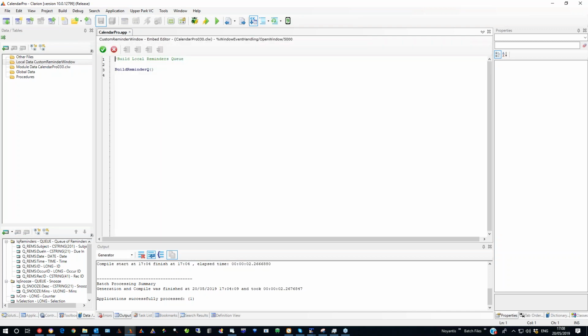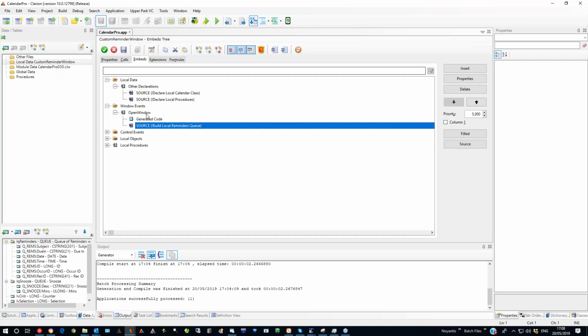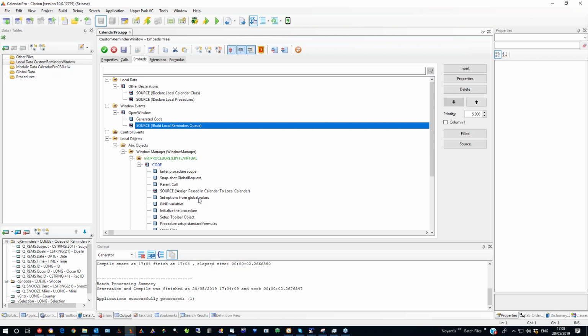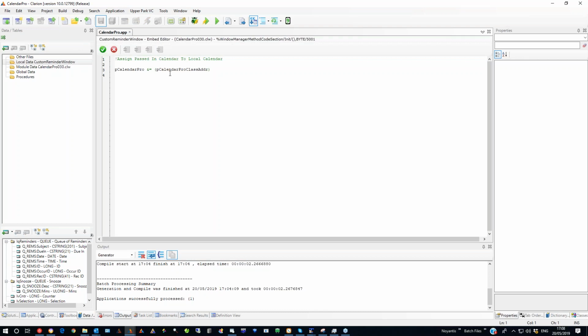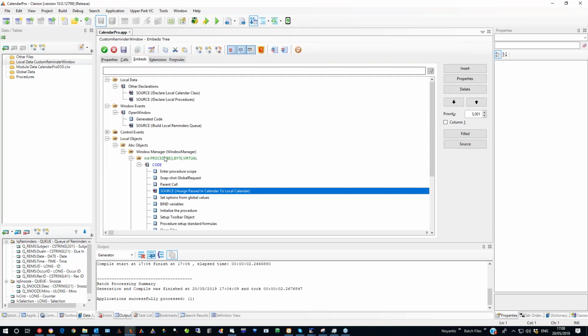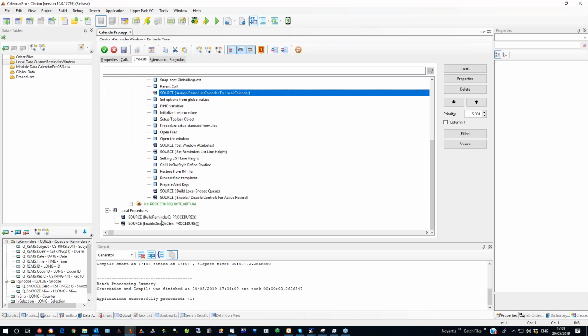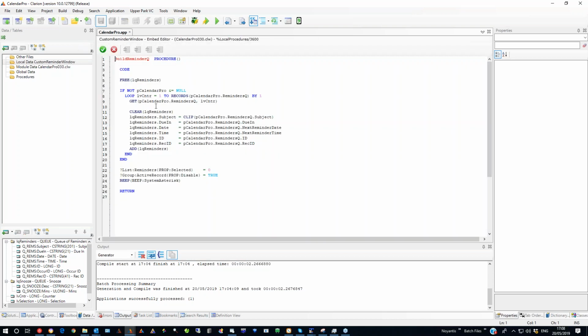We said it's on the open window. So that's going to build the queue. Remember, you're taking charge of it yourself, so this is your own custom window. So our local class, we assign it to the passed in class. So now we can get hold of the properties, the data, everything of the passed in class. So we've got this build queue, and as long as we've got a class and it's not null, it's going to go through the pre-populated reminder queue in the class, and it's going to populate just a local one that you've got here at runtime. Seeing that in action,